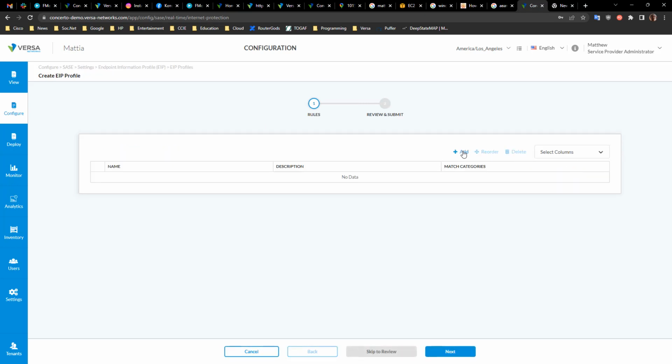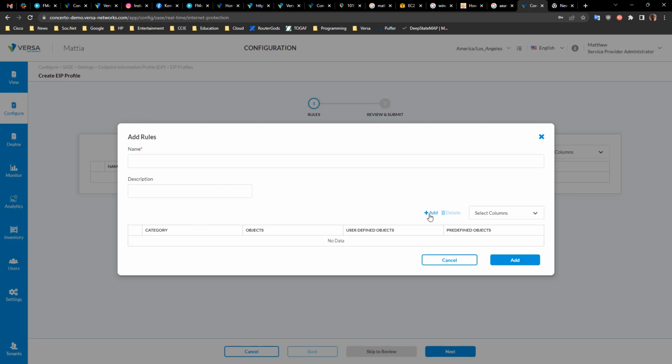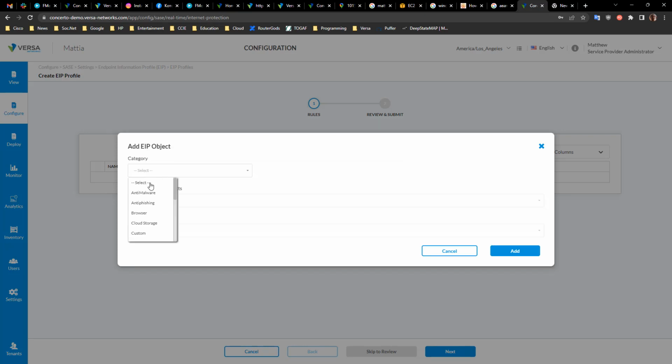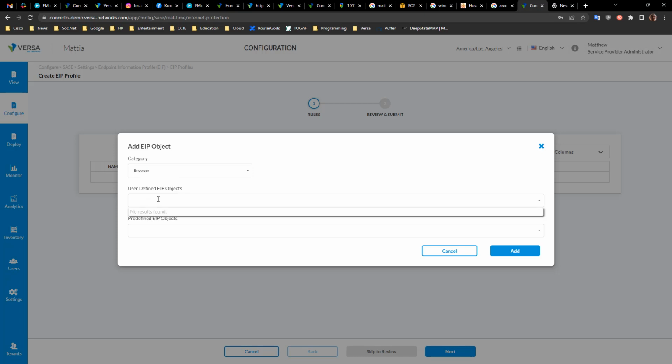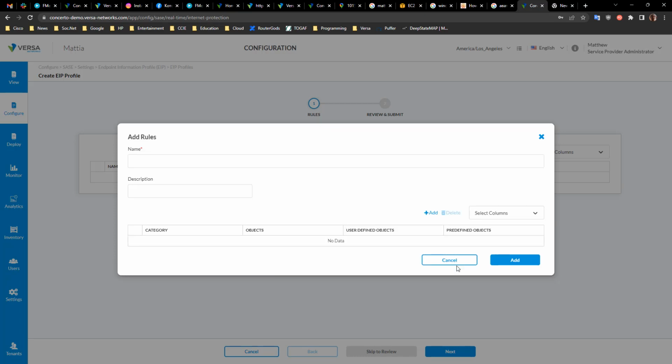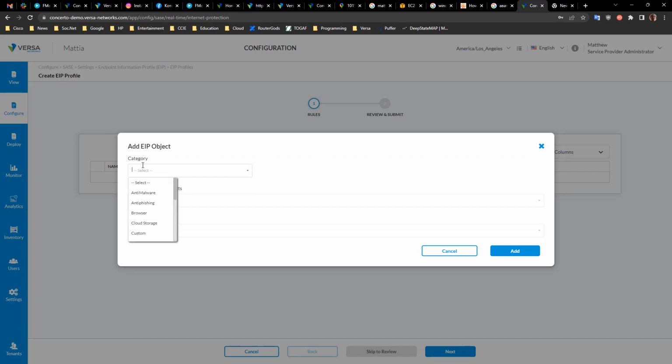Endpoint protection profile is the one where you can define that, for example, we want to make sure that we have browsers, and the browsers should be only Chrome or some others. And if the user doesn't have this Chrome browser, we will not allow to connect. Or if it doesn't have a specific version, we might not allow to connect. So there's a lot of granularity of what can be configured, such as version of the browser, the anti-malware software